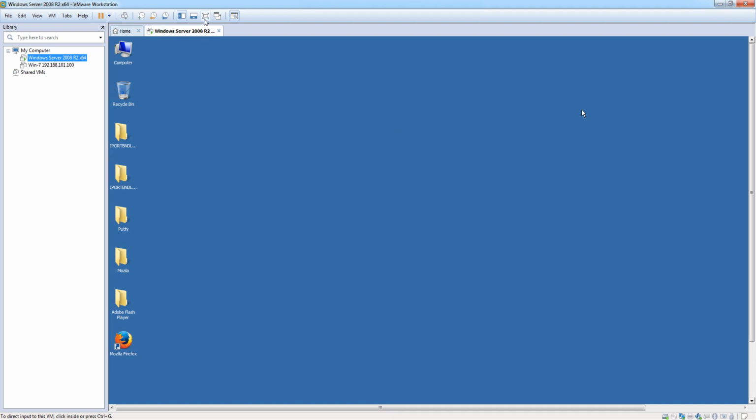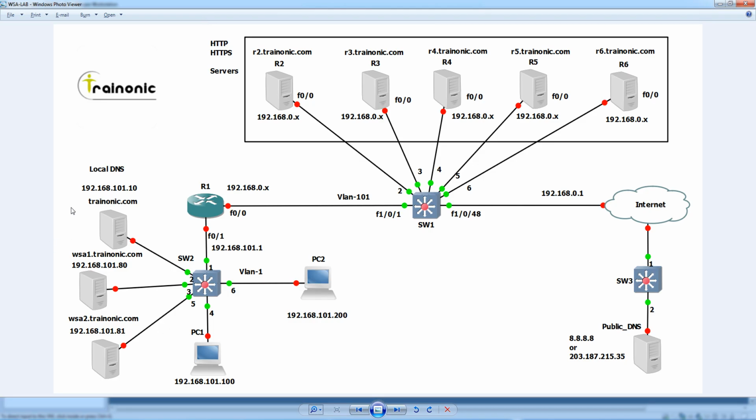This is our trenonic.com, IP address 192.168.101.10. Check reachability with its gateway as well as the internet.